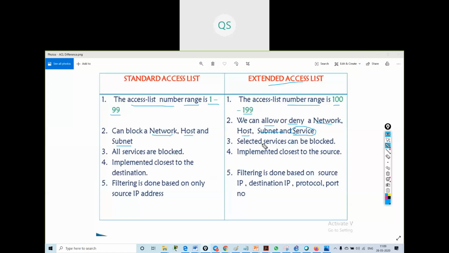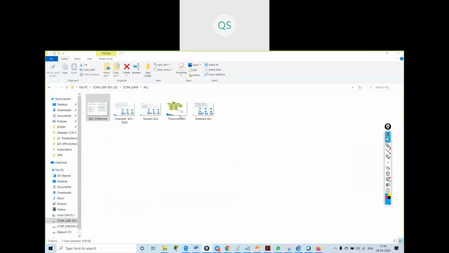In standard, all services are blocked; in extended, selected services can be blocked. Standard is implemented closest to the destination, extended closest to the source. Standard filtering is based only on source IP address. Extended filtering is based on source IP, destination IP, protocol, and port number. So extended access list is specific for services, destination IP, protocol, port number, all the things, whereas my standard access list only verifies the source IP address, nothing else. Correct?